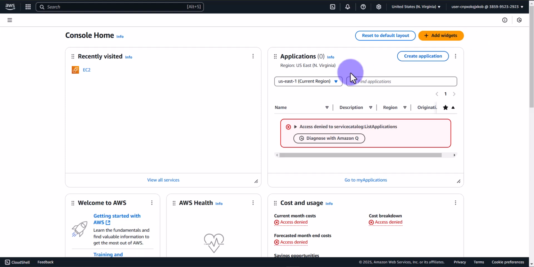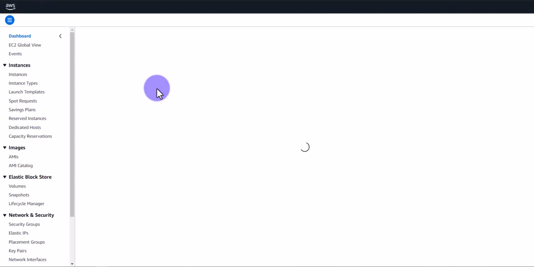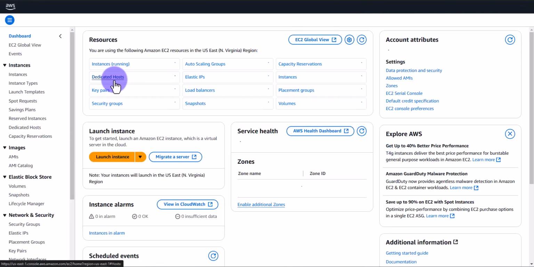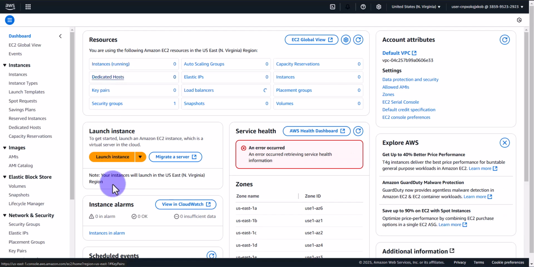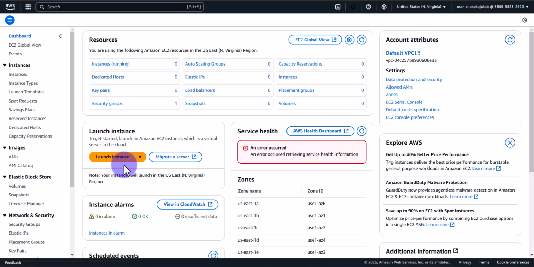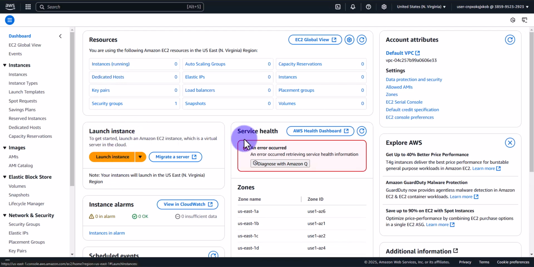Now, I'm assuming here that you already have an account with Amazon AWS and you're able to log in. Once you log in, you need to go to EC2. This is the option that allows us to create and run virtual machines. So go to EC2. And then under EC2, you should see an option that says Launch Instance. So click on that option,